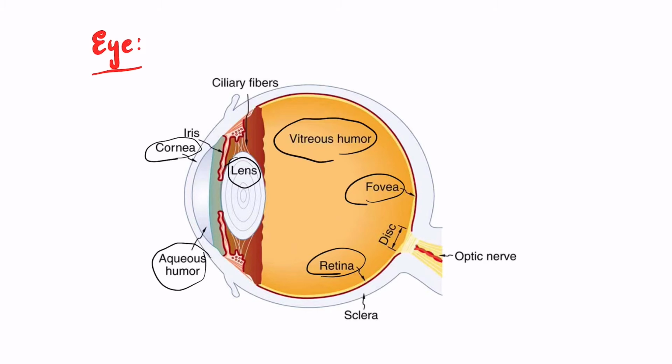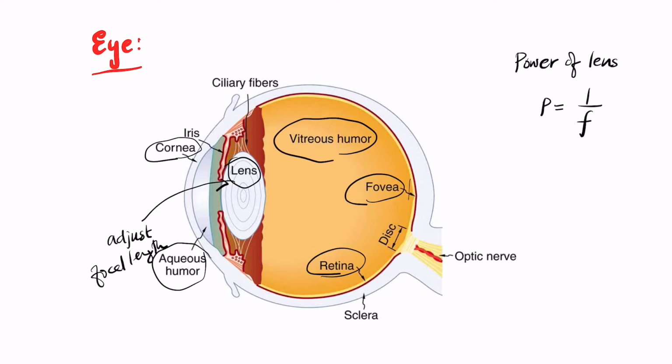One of the most important instruments in your eye for clear vision is the lens. For clear vision, you have to have a real image projected on the back of your retina. If it is projected on the back of the light sensitive retina, then that forms a clear image. The lens of the eye is one of the main instruments here because it can adjust the focal length. One factor that we use to represent the power of a lens is called power. The power of the lens P is the inverse of the focal length. This is the formula that we commonly use.